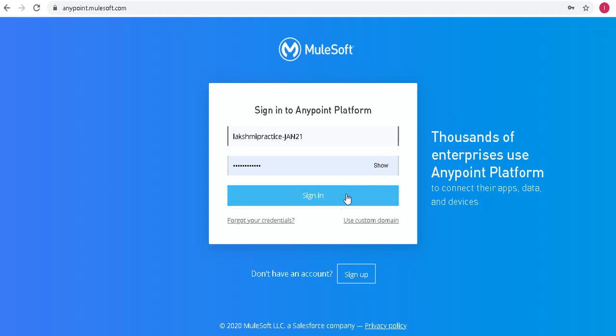To demonstrate this, I have already created one REST API, RAML. I'll show that quickly, and then we will get started on how we can do the publish and extension of that. So I have created a student API, which has a couple of methods like to get the student details, to create a student, and to retrieve the course details. Like that, I have a couple of methods. I'll show you that quickly.